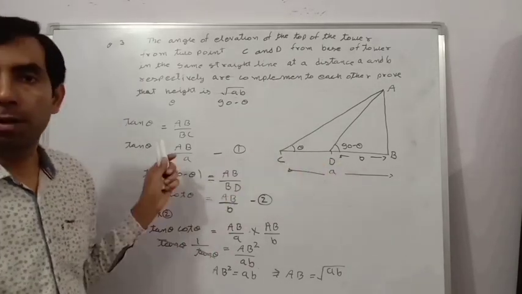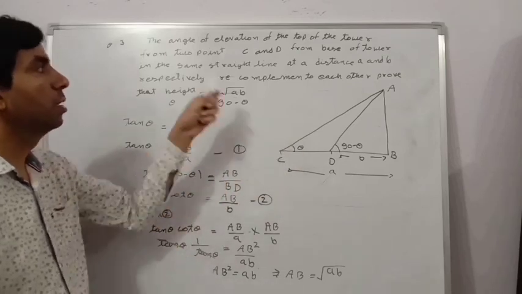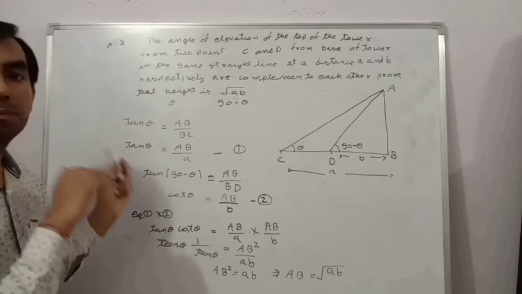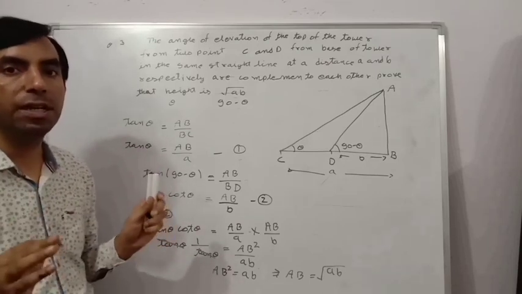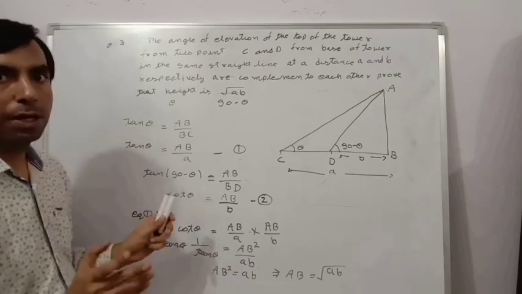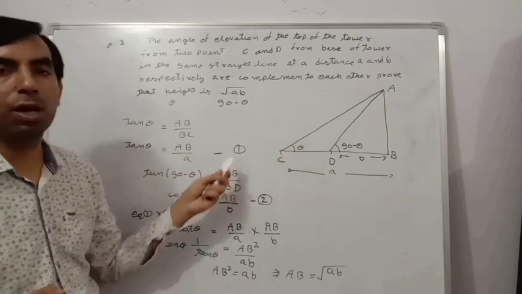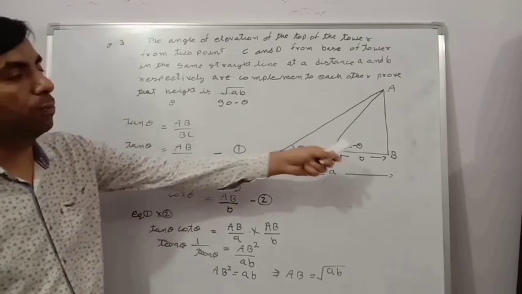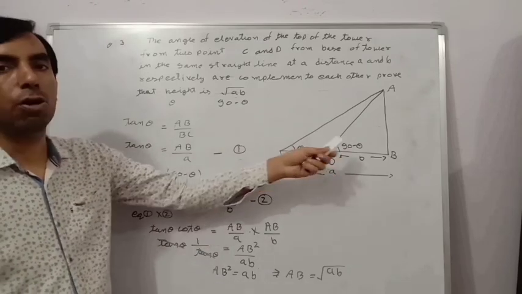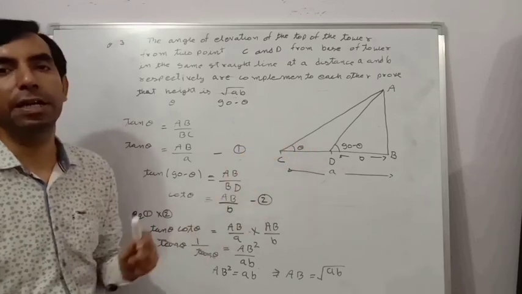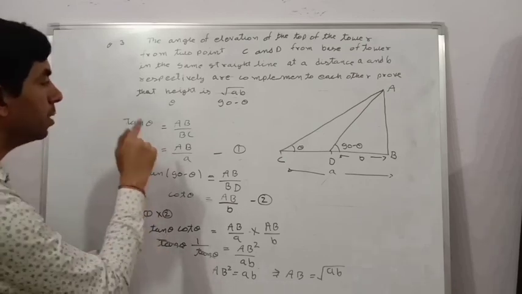By this method, we know that if all 3 points are on a straight line, we take the points on the horizontal axis. Here we are given the 2 points C and D respectively, meaning in the same direction. While reading a question, always understand what is given. Our question says C and D are on the same side of the tower, so we take them on the same side. The angles are complementary: one angle is theta, then the second is 90 minus theta, because the sum of two complementary angles is 90 degrees.